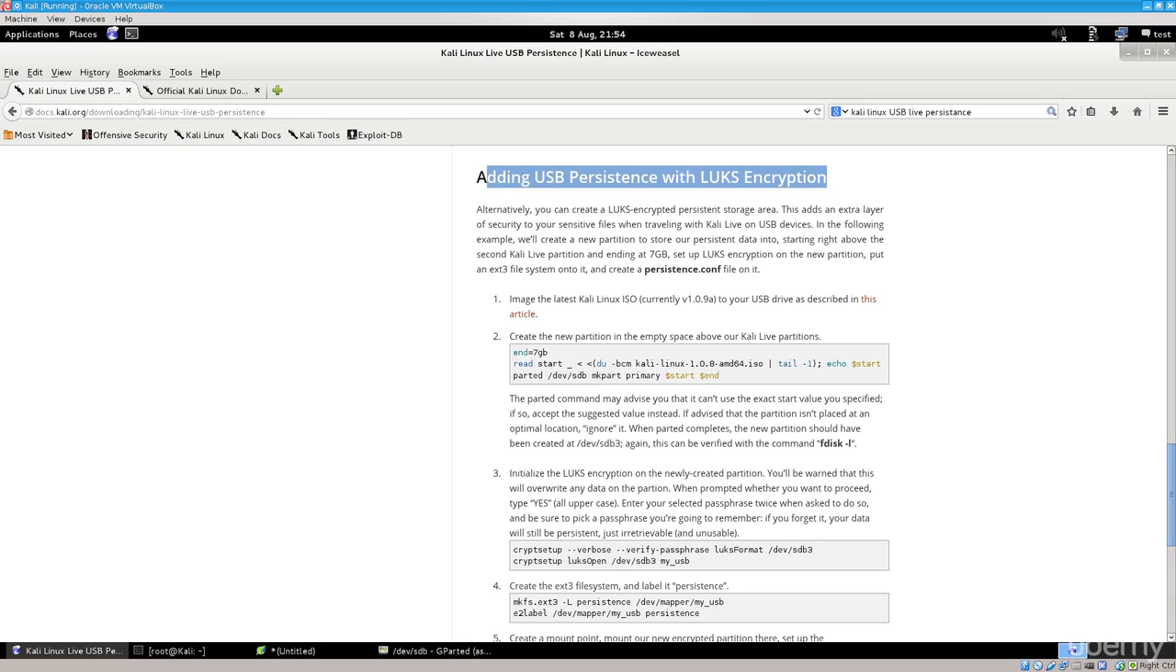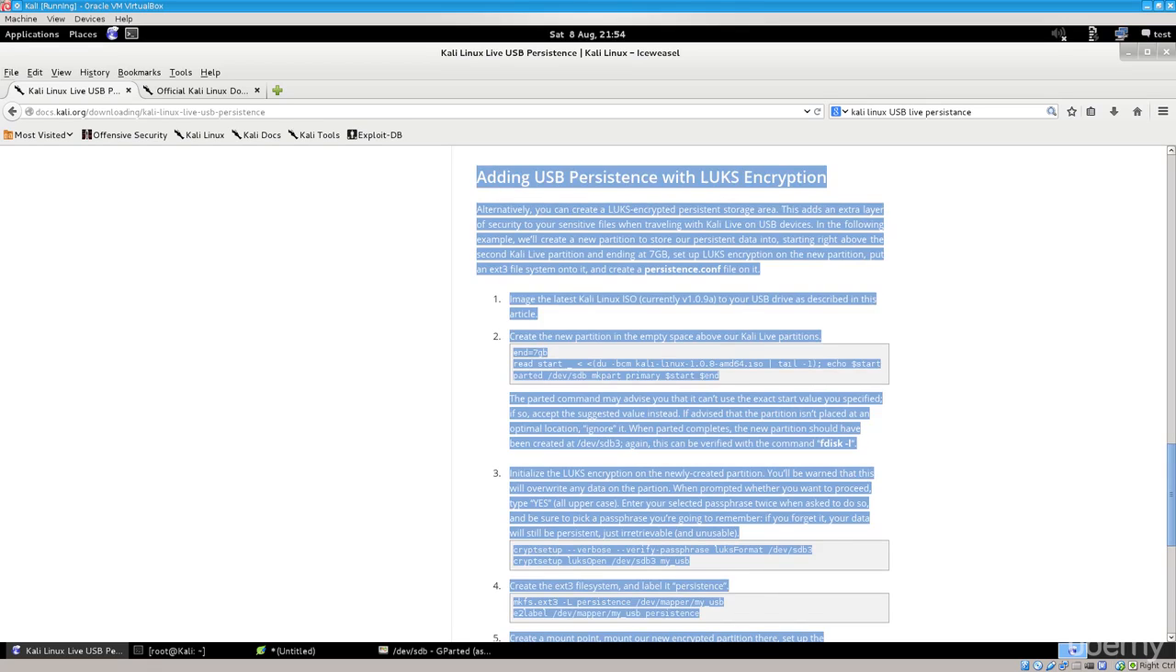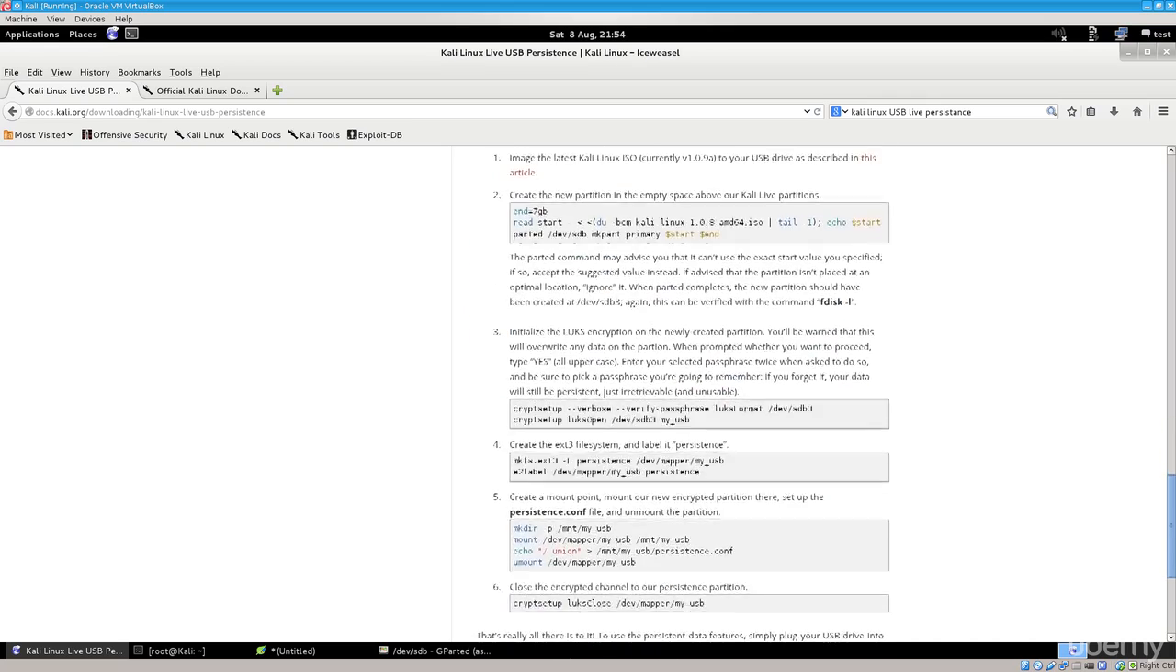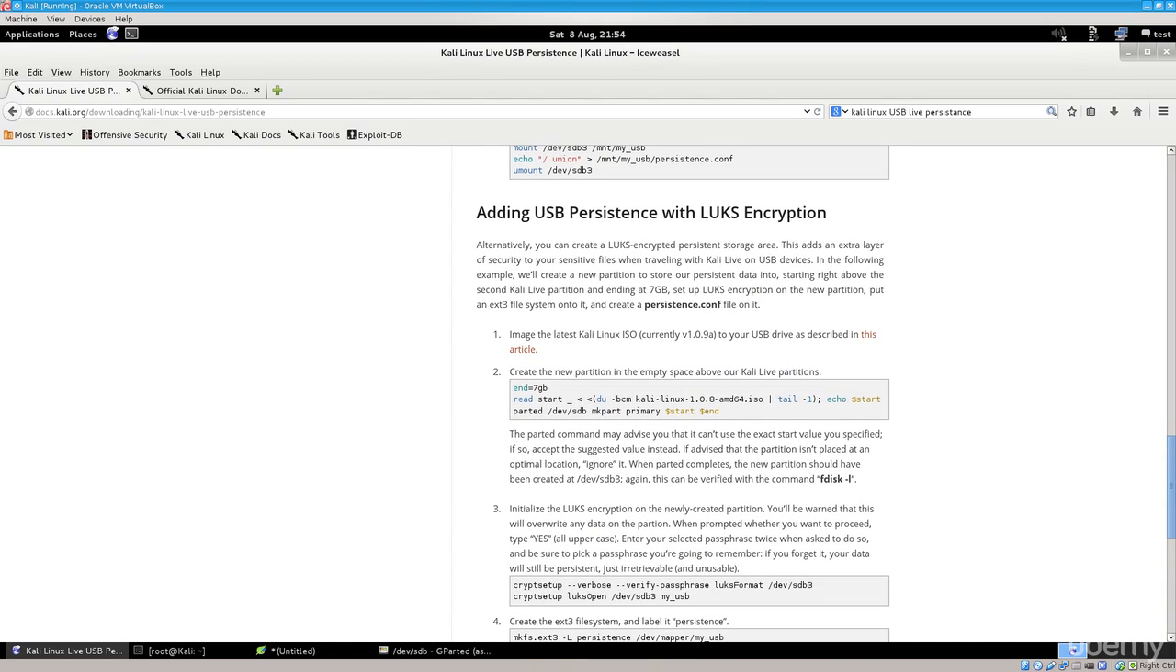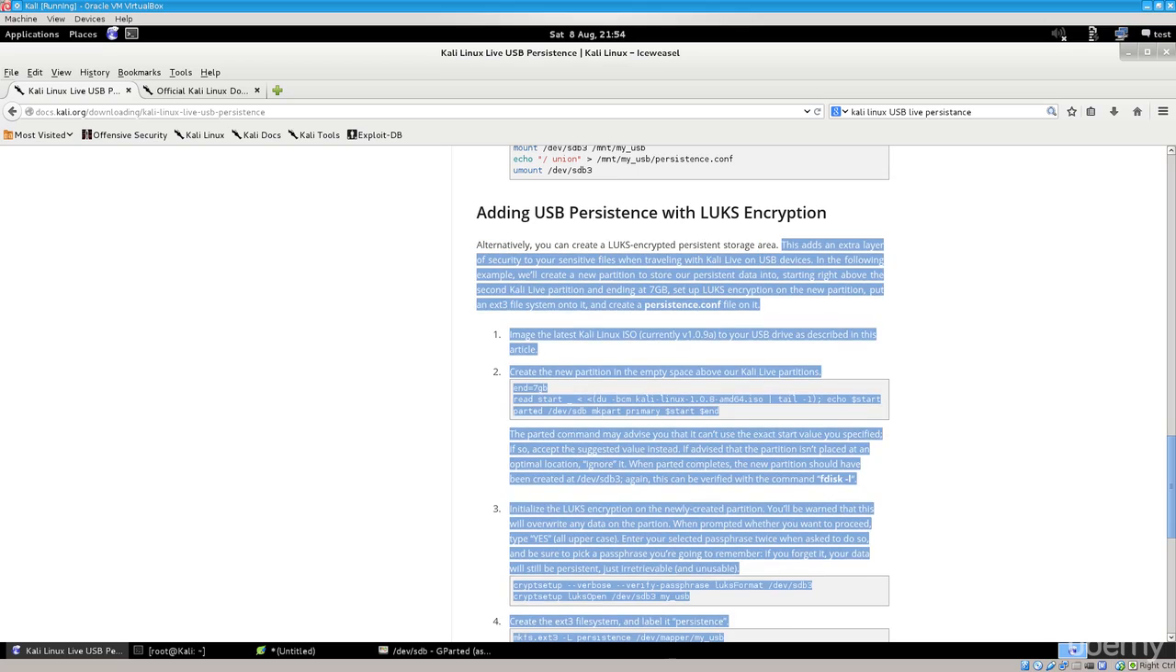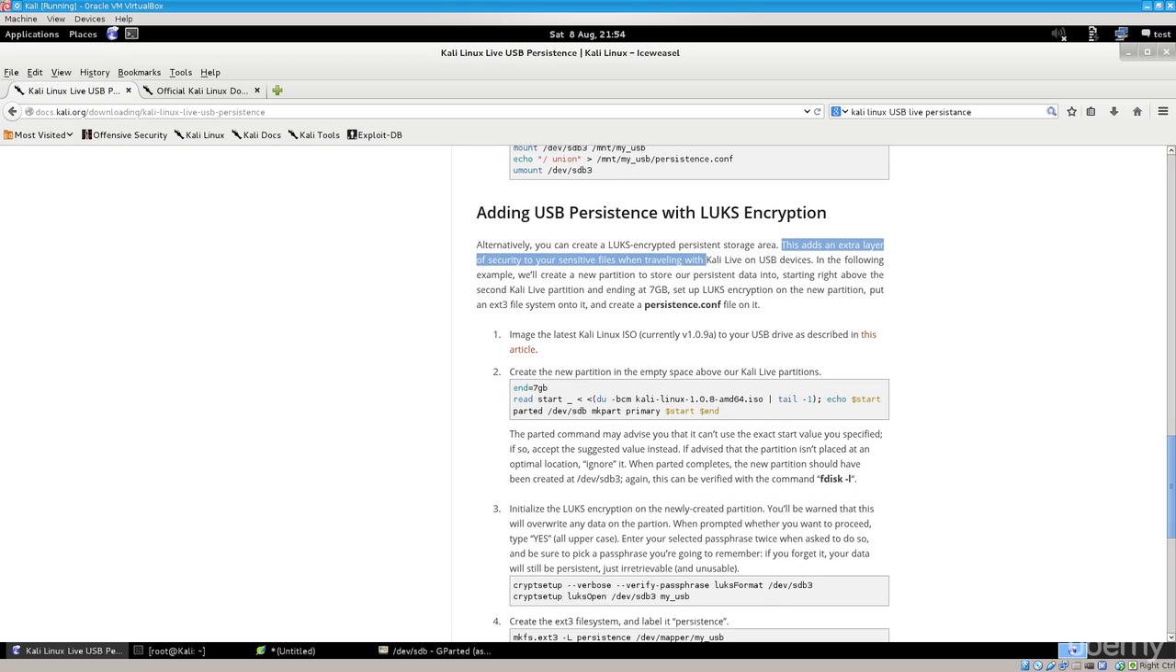So let's go and see what the guide below says. Both guides are fairly similar and they function on a very similar concept. You just use a bit of a different partitioning. So alternatively, you can create a LUKS encrypted persistent storage area. This adds an extra layer of security. And the following example,